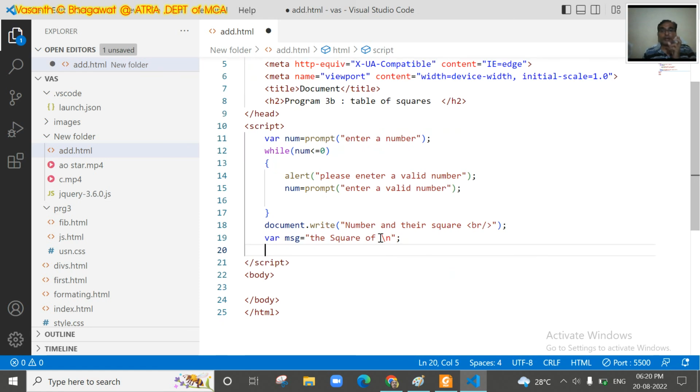This \n helps us to print in the next line, right? So in the message it will work, but when you want to put that in an HTML tag, you are going to use this break. If you don't use this break, then the display will come in the same line. So here \n is not going to work in HTML, but it works in the message. We are taking one message because later we are putting it in our alert window. So initially we take the message as the square of, the number and the square of, and in the next line, the square of,